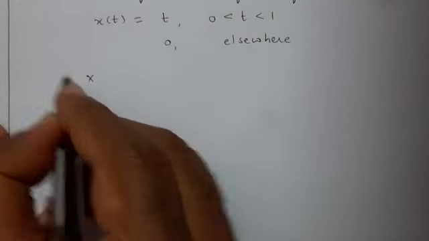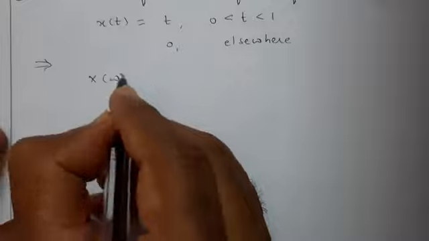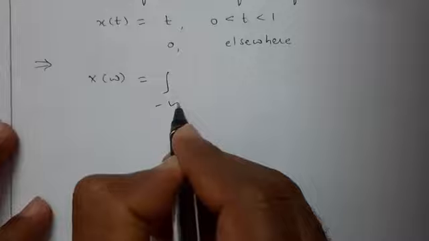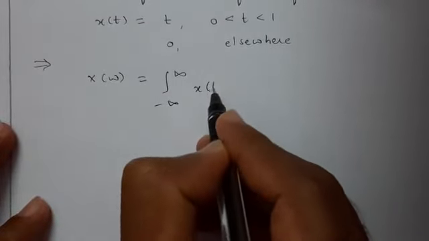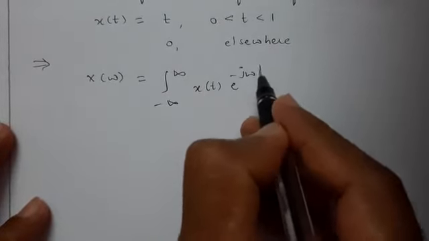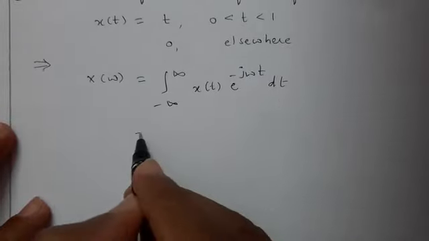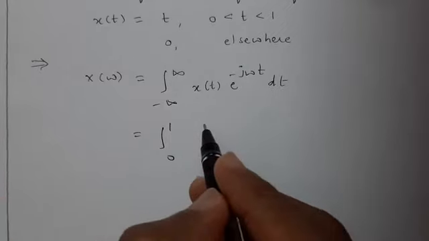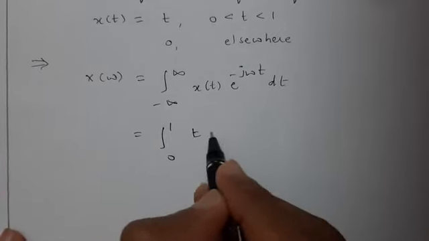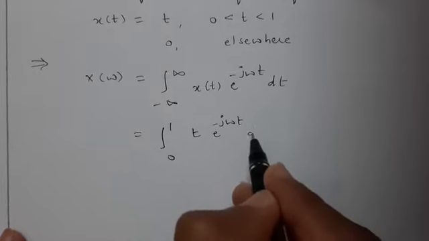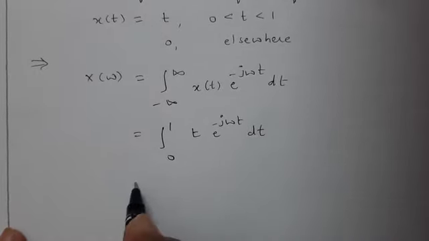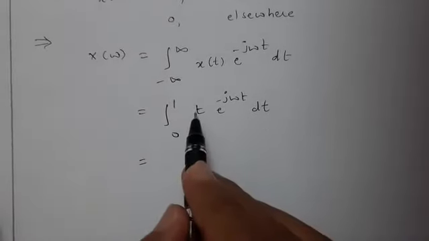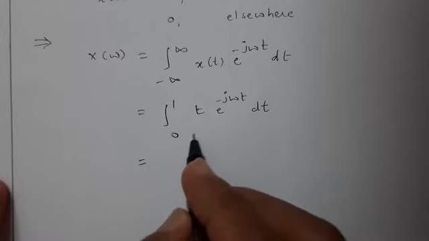So X of omega is the integral from minus infinity to plus infinity of x of t e to the power minus j omega t dt, which, given x of t lies between 0 to 1 and x of t is t, is the integral of t e to the power minus j omega t dt. So what it gives you, by integrating by the uv method, what you find is